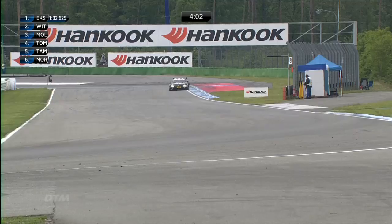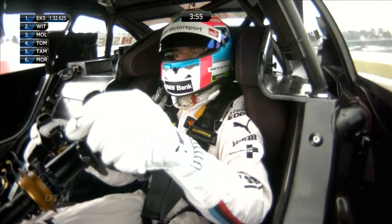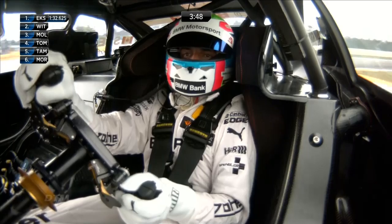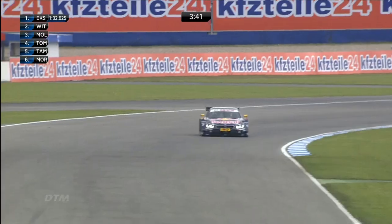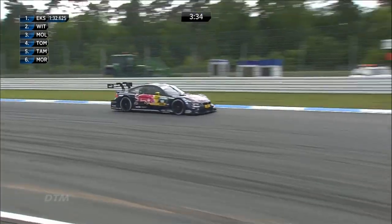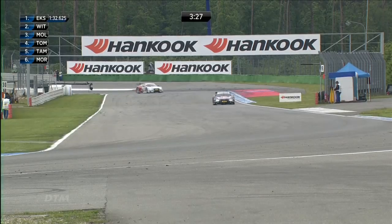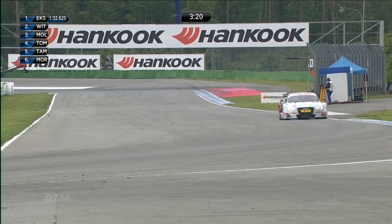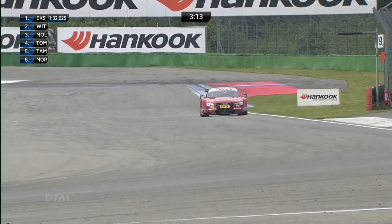Costa's not been out on the circuit, has he? Antonio Felix da Costa, leaving it pretty late, looking like he's going to try and maybe bang in 1 or 2 laps, and that's it. Great onboard view there inside the cockpit of Bruno Spengler's BMW. Using the paddle shift there, a 6-speed gearbox. 260 kilometres an hour when he gets up to flying speed on the first flying lap, but just putting a bit of temperature in the brakes and tyres at the moment. So the man you said hadn't appeared has now, and he has left it, as Spengler has, to quite late in the session. 3.5 minutes left. So 1:32.625, I remind you, is the current quickest, which